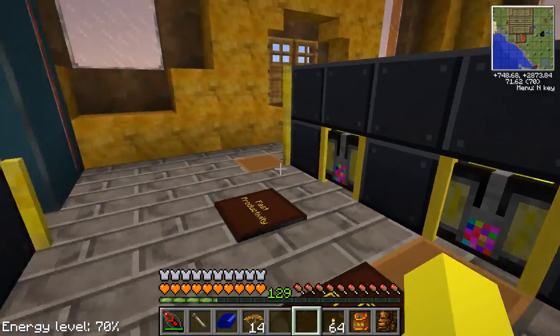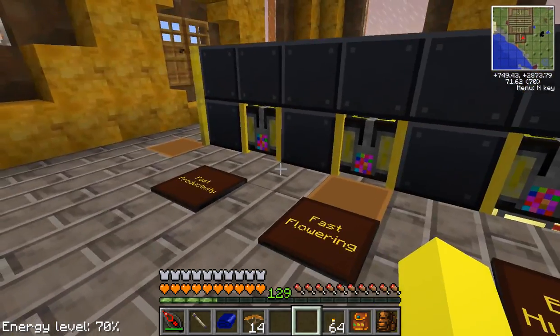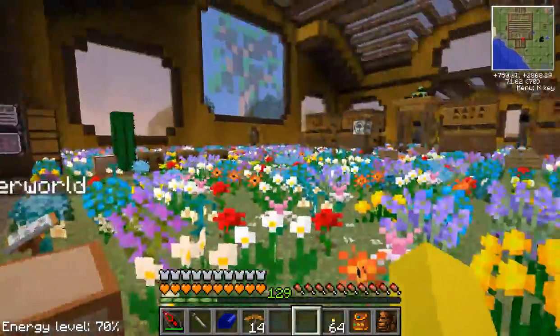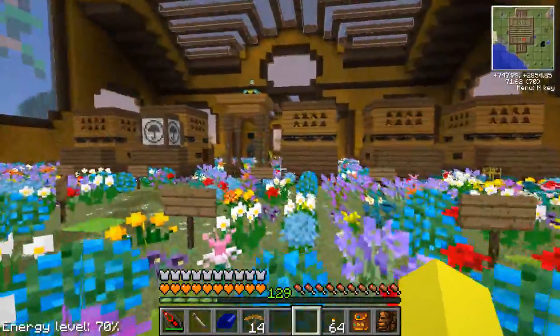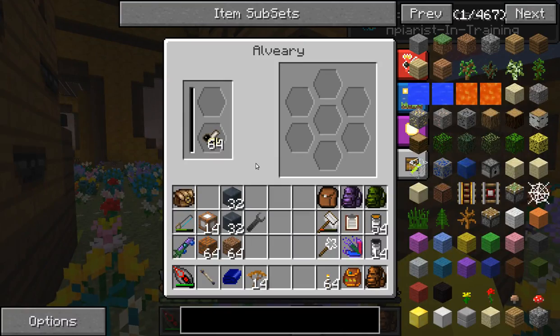These get automatically pulled out and put into the synthesizer and purifier whenever they get empty. So we can have another closer look at that when we do some bees next time, or another time. For now though, we've got in here some bees running,